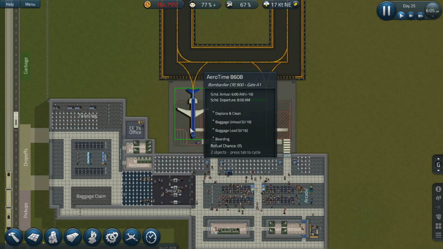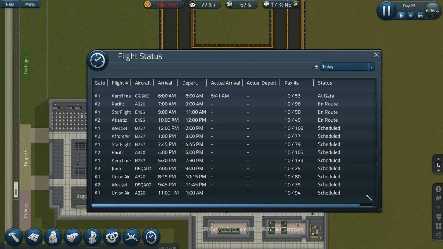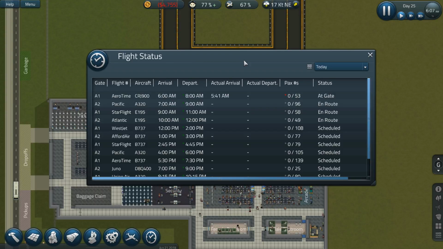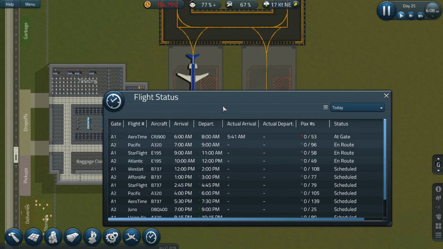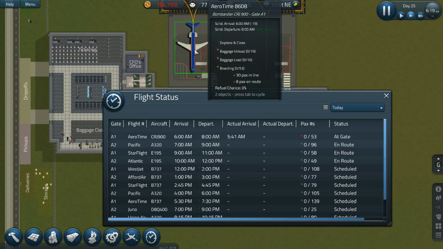So this plane here, let's take this as the example, it arrived in today at 5:41, 20 minutes early. What it's doing is it's now going ahead and getting ready to depart. It's not scheduled to depart until 8 o'clock, but realistically it's going to leave early. I really hope this example works, but as we can see, there are people boarding, bags are unloaded, new